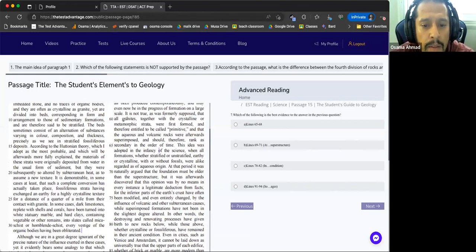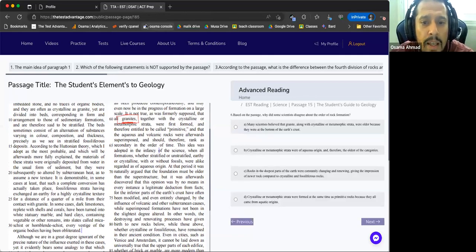Right here. The granites. This is the foundation. So a disagreement جاي فين؟ 69 to 71. والdisagreement جاية من ناحية granite